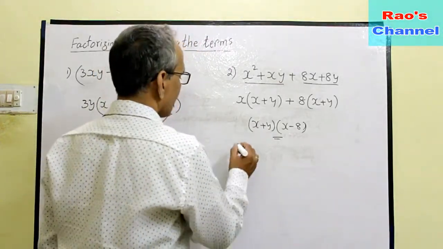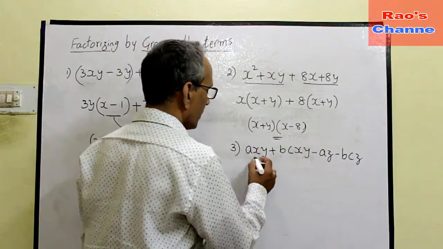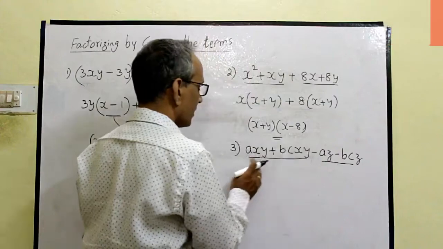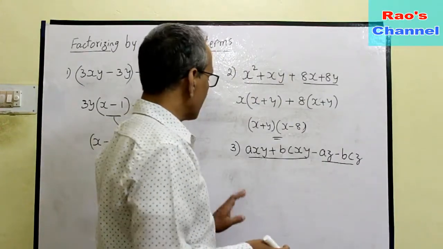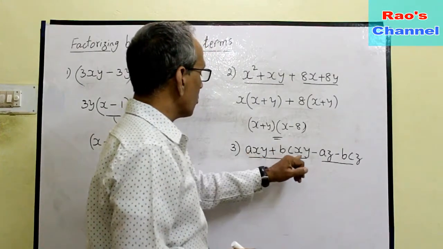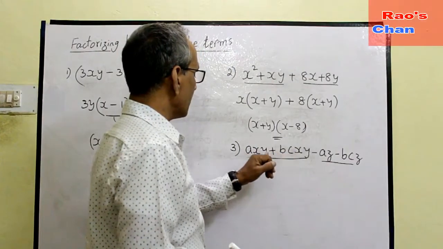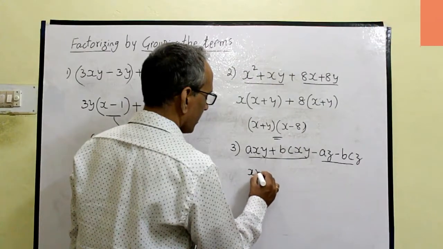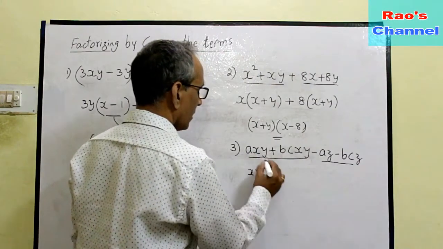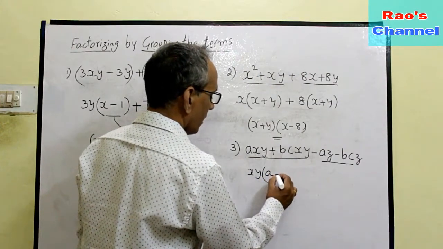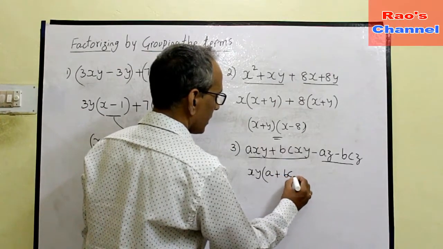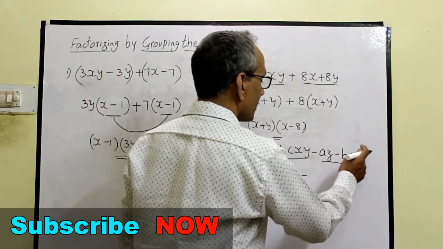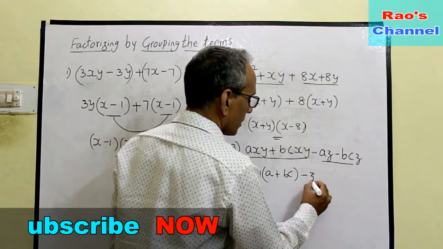Let's go for one more example. The same way of grouping the first pair and the later pair. For first pair there are multi variables, don't confuse. There is no a, there is no b, only x and y as the common factor. If I take xy as the common factors of the first pair, the rest of the factors are a plus bc. Clear? Minus, and here only z is the common factor. z of